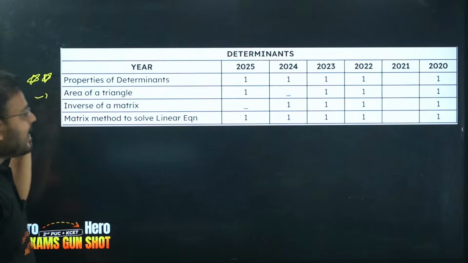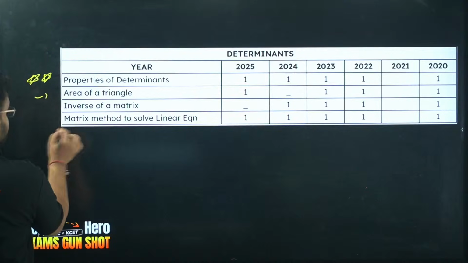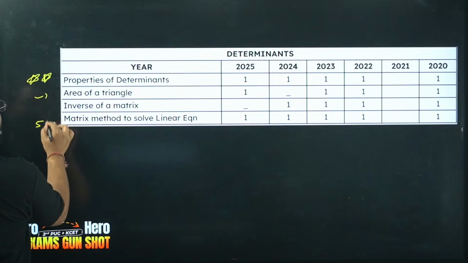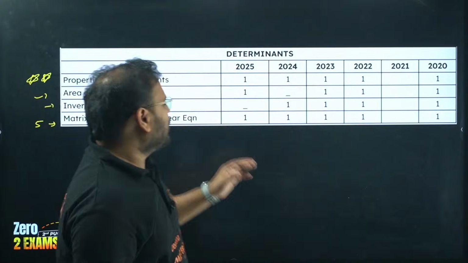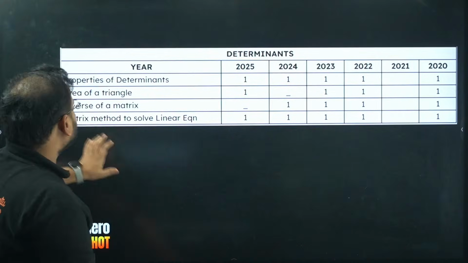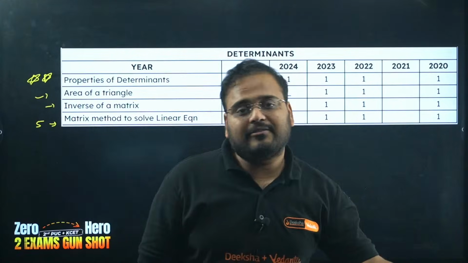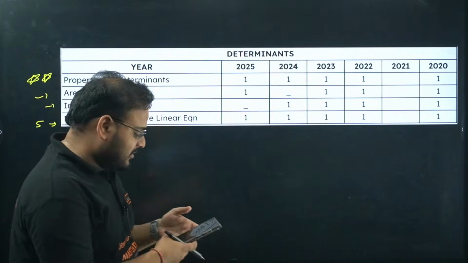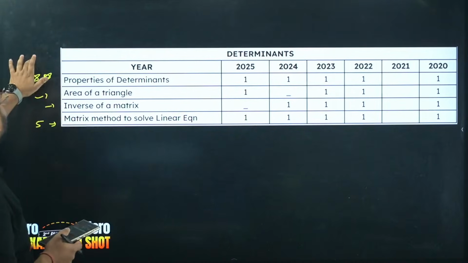Inverse of matrix, every year one 5 mark question has been asked. So this is a 5 mark question every year, and this can be asked for finding the inverse even in the MCQ or in the 3 marker or 2 marker, like that. Okay, so this is your list of topics which is important and relevant for your preparation of this chapter. Yes, anybody has doubt about this can ask me.